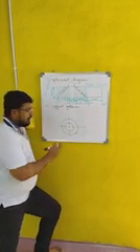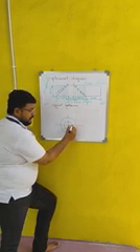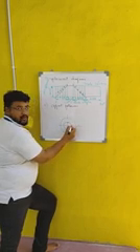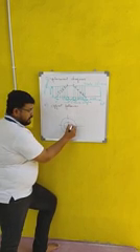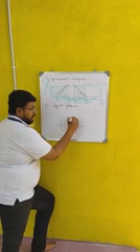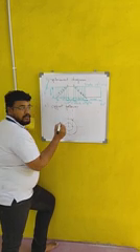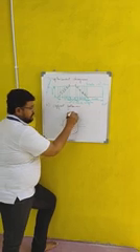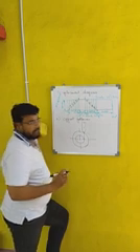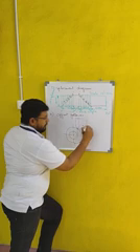Exactly from this point where the axis of the cam intersects the 20 mm circle, from this point just draw a straight line, and from there represent the follower. What type of follower is given in the question? In the question, knife edge follower is given. Therefore, I am representing the knife edge follower, and the displacement of the knife edge follower is given as 40 mm. Therefore, I am considering the height of the follower as 40 mm.